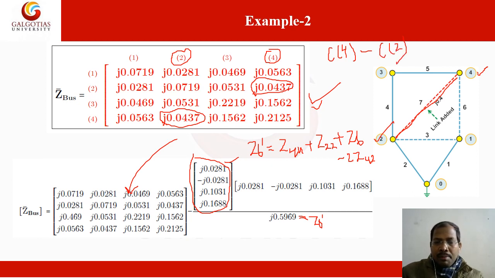We are subtracting element by element. So when we subtract this element minus this element, we are getting J 0.0281. And this element subtracted by this element, we are getting minus J 0.0281. And these elements subtracted by these elements, we are again getting this value. We subtract these elements, we are getting this one. This is the column. Why are we considering 2 and 4? Because this transmission line is going to connect between bus 4 and bus 2.